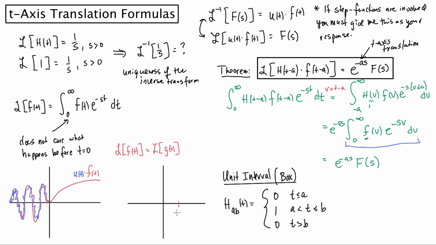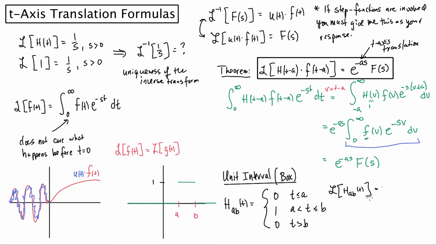If I have a and b, then the unit step function or unit box function is 0 up until the point a, then it's 1 between a and b, and then it's 0 thereafter. So that is the unit box function, and immediately from this we get that the Laplace transform of the unit box function